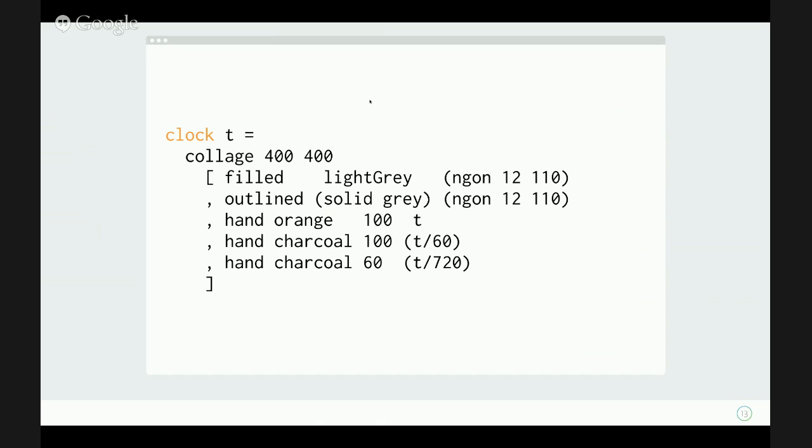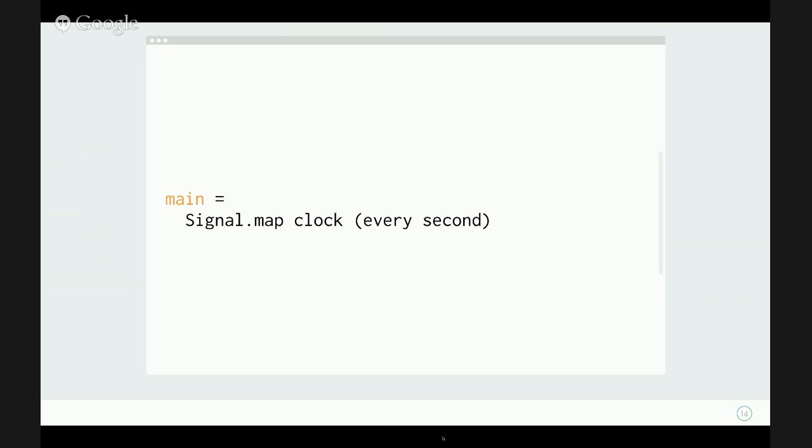We then have a function called clock, which takes in this element t. Behind the scenes, we have a number of shapes we want to build out, and our hand function is here as well. We have the orange hand for the hour and the charcoal hand for the minute and the seconds. And of course, if you go up a bit further, we have the main function, which is just a signal, which I'll explain in a second, which runs this function called clock,